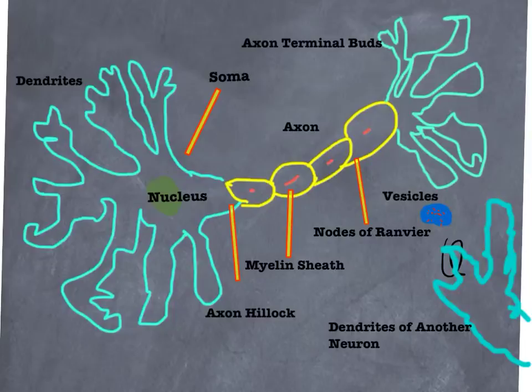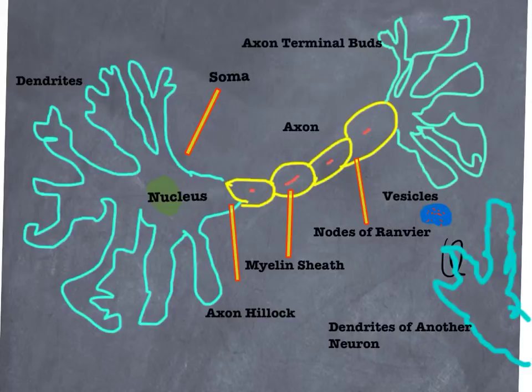So once the info has traveled from the cell body through the axon, it ends up in the axon terminal buds. The axon terminal buds form junctions with other cells. The info is then released through the synaptic vesicles, which contain neurotransmitters, as it goes out into the synaptic gap, which is the space between the neuron's terminal buds